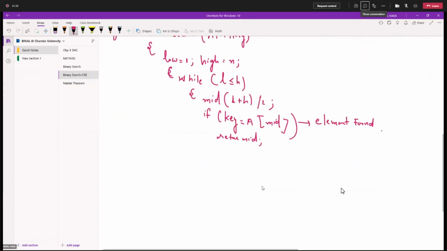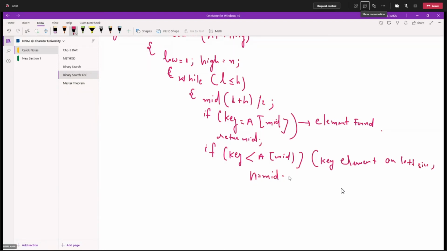After that, if the key value is less than array of mid, then we can say that the key element is on the left side. Then high will become mid minus 1, else, the second condition, low will become mid plus 1.